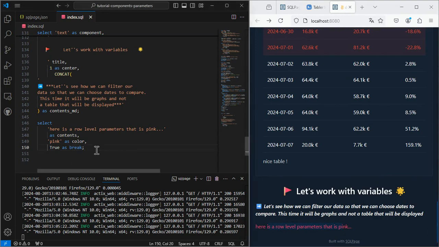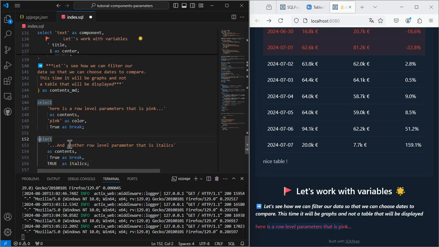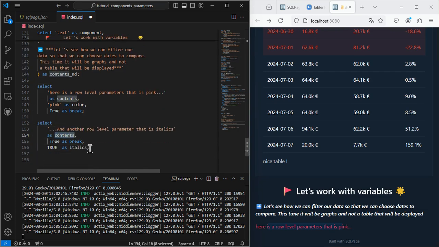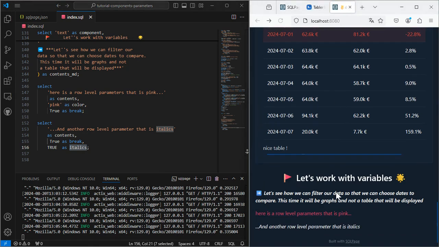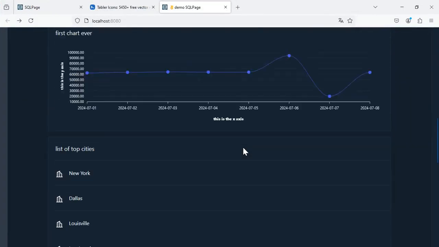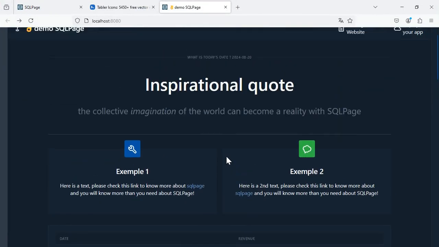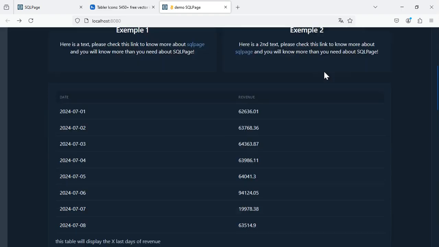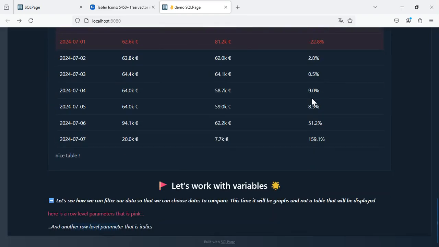So I'm adding another row level parameter, still a contents, break, and italic as row level parameters. And here it is. Here's what we built using only SQL query so far. In the next video, we will discuss variables to finalize our example.